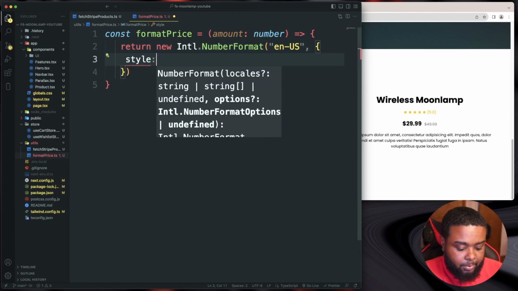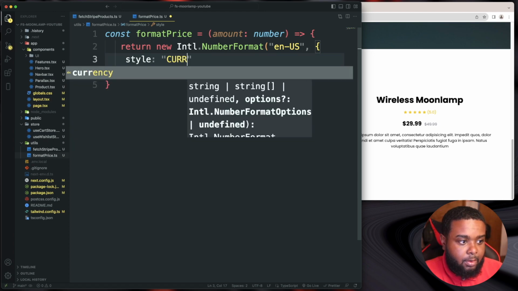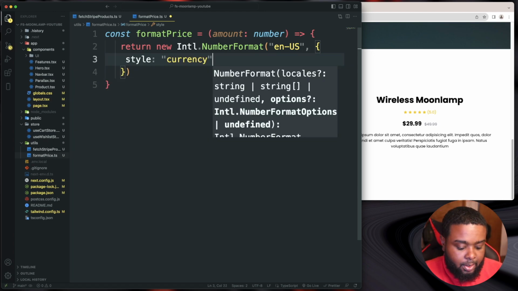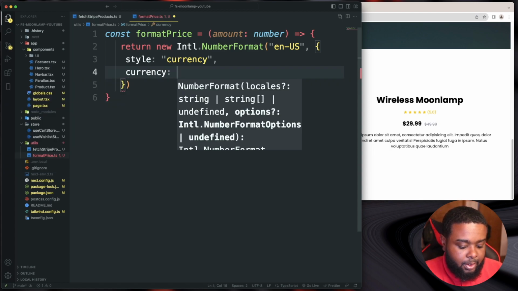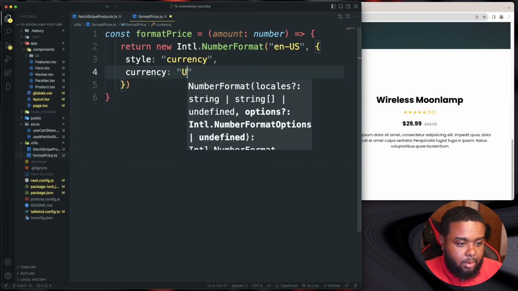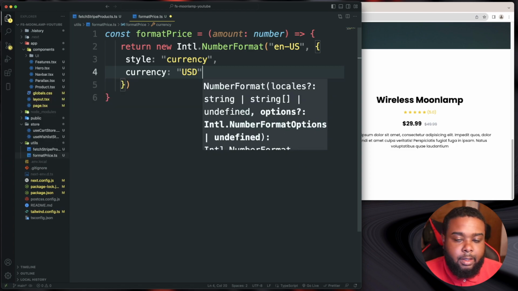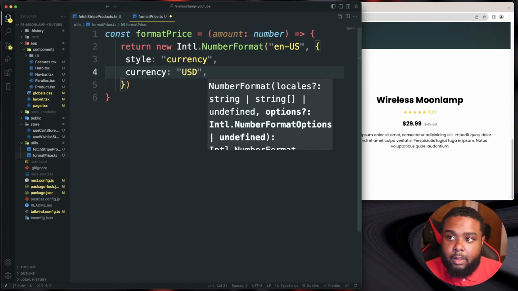Our style is going to be currency, and then comma, and then our currency is going to be USD, and then comma,